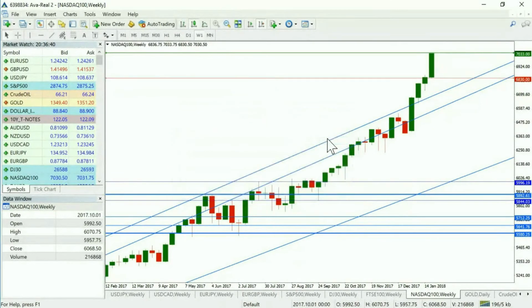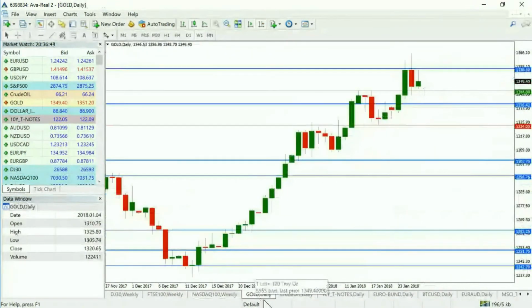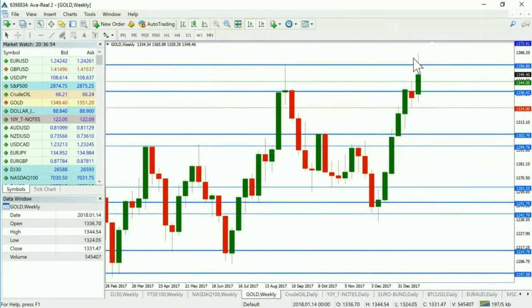So that's that level up there. And moving on to a couple of commodity markets now. So the gold market, relatively bullish week. Let me show you why I say that. It's because we had a quite nice bullish move, and this was a really good trade that we took profit around the 1356 level. Looking again at these weekly,